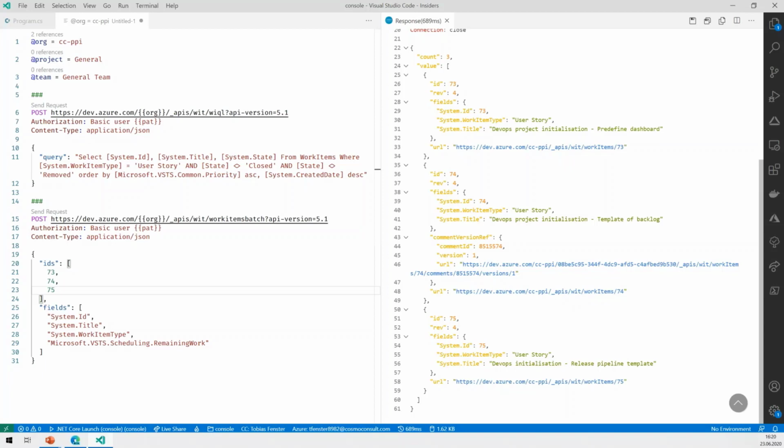So that is the example for using the REST API directly using Visual Studio Code. You could do the same in tools like Postman or in PowerShell or whatever. I personally like to do it in VS Code because that's where I spend most of my development time. But of course, there are other tools who can do the same.